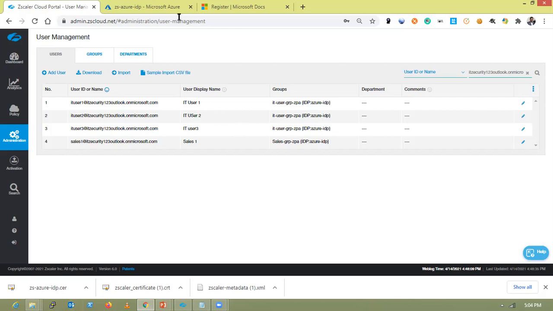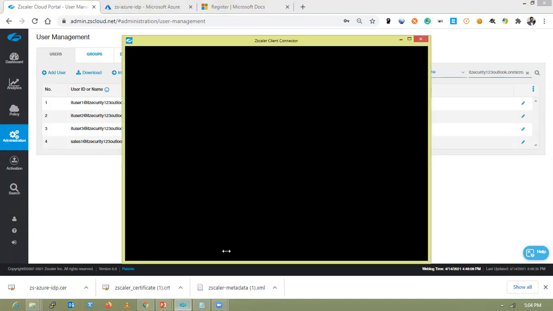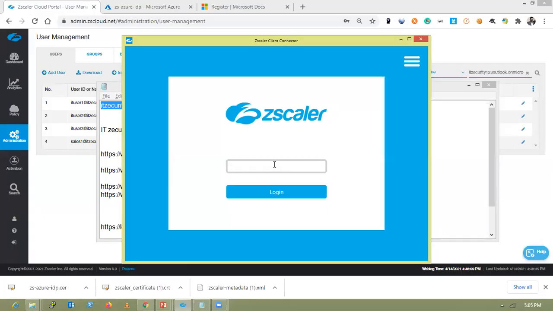Now let's verify how the authentication is happening in Zscaler through the Zscaler agent. The username will be IT user 1 at the domain.